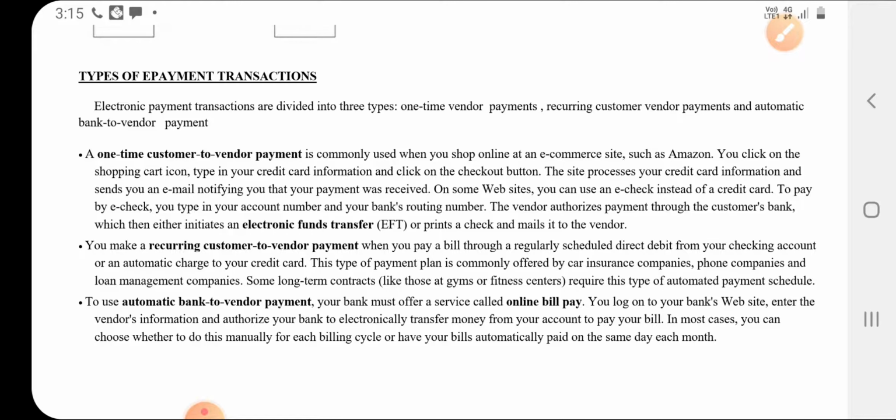So, after paying, there will be a bill or a print, or mail. So, it will be sent back to you that they have received a payment from your particular bank. Okay, and the bank also gives you some SMS. So, your account is credited with so much amount. Okay. So, only one time you will buy from that particular vendor.